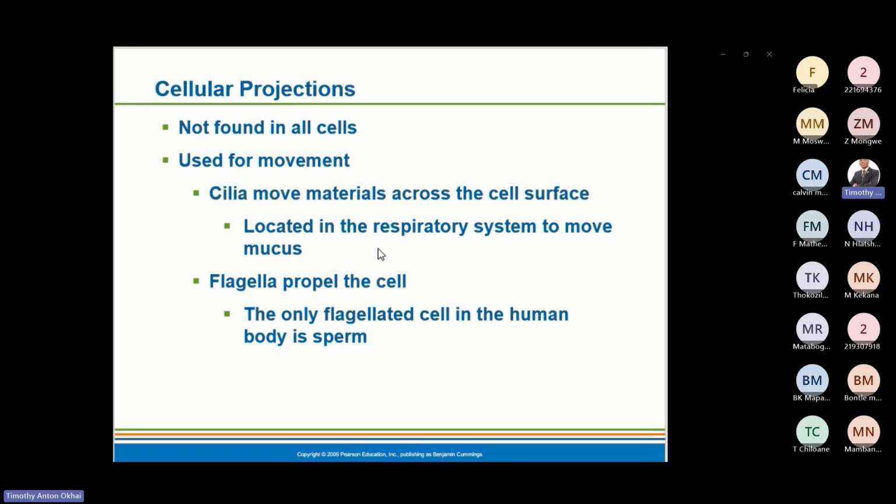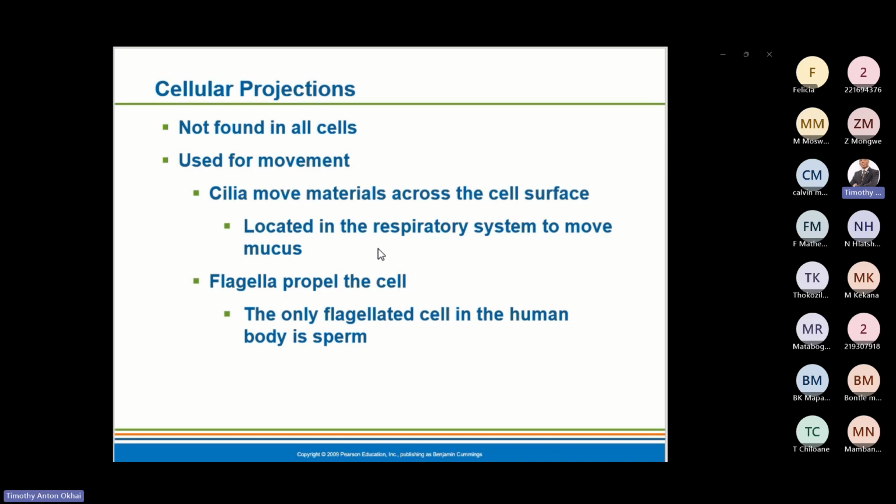There are cellular projections that are also found within the cell membrane. You don't find them in all cells. You only find them in certain cells, depending on the functions of those cells. Among them, you have the cilia, which is used for movement or to move material across the cell membrane. You find them in the respiratory system to move mucus. Another important one is the flagella. Flagella is found only in sperm, so that's the tail of a sperm that helps to propel the sperm to